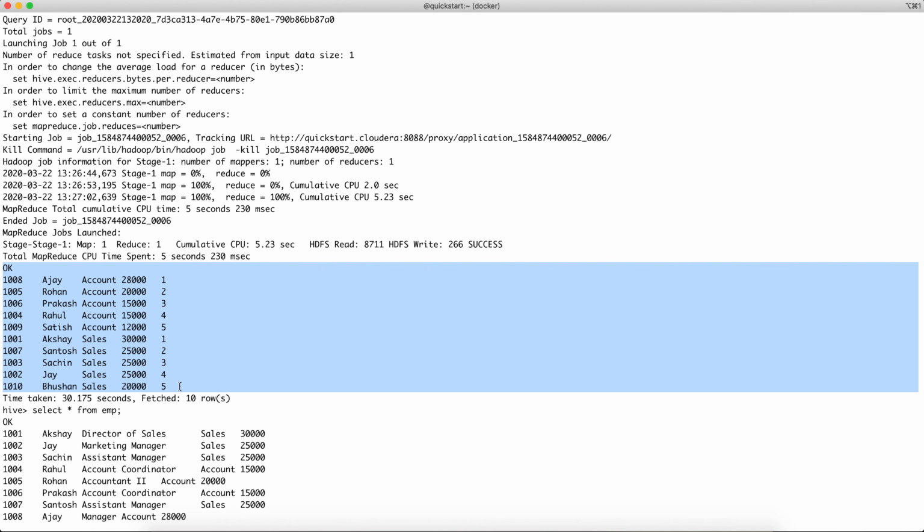So I hope you got to know about this row number function, understood how it works, and what kind of output you can get by using it. And do let me know if you have any doubts or anything is not clear in this row number function. I'll try to answer your question as early as possible.